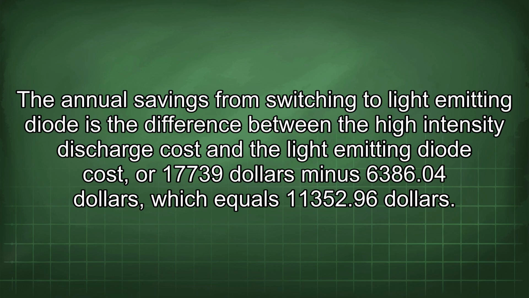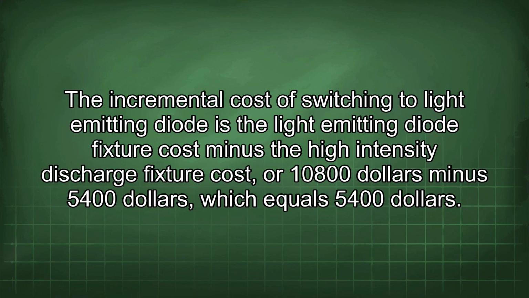The annual savings from switching to light-emitting diode is the difference between the high-intensity discharge cost and the light-emitting diode cost, or $17,739 minus $6,386.4, which equals $11,352.96. The incremental cost of switching to light-emitting diode is the light-emitting diode fixture cost minus the high-intensity discharge fixture cost, or $10,800 minus $5,400, which equals